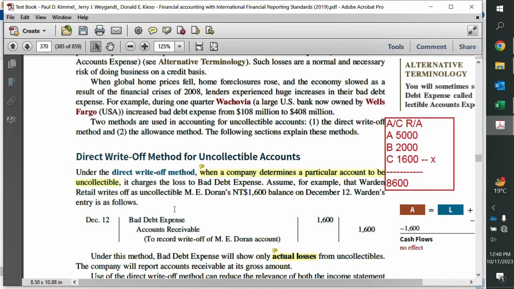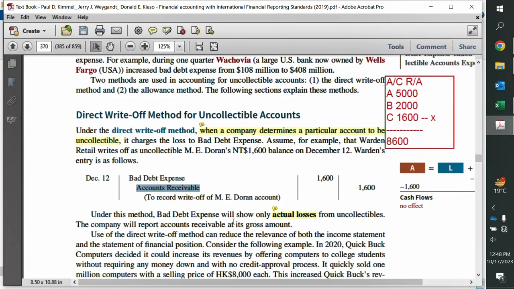Now somebody can ask how an expense can be credited in the next year, because keep in mind this bad debt expense will get closed in 2022. In the closing entries, this will become zero. And then in the year 2023, when we debit account receivable and credit bad debt expense, the expense will have a credit balance, right? So how will we take care of the credit balance?